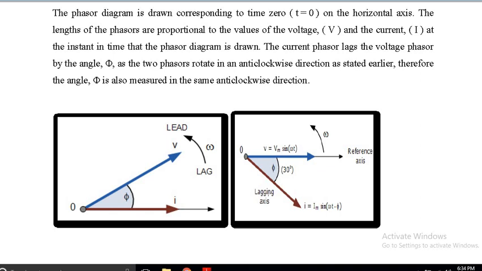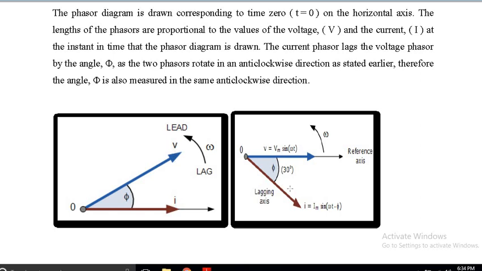Okay, let me explain. In the first diagram you can see current as reference phasor, and the voltage is shown going ahead. As I said, whenever in electrical terms we say lagging or leading, it is always in the anti-clockwise sense. When I say A is leading B, that means in the anti-clockwise sense A is ahead than B. So over here you can see in the first diagram that voltage is leading, in the anti-clockwise sense, or another way to put it is current is